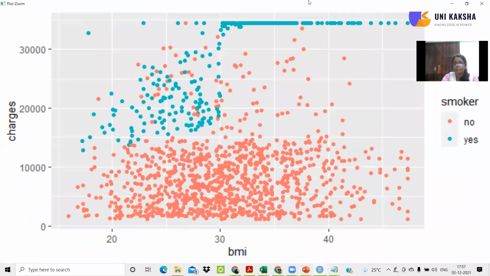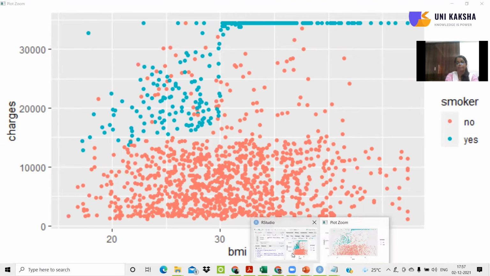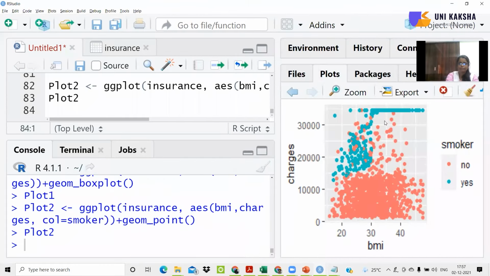Here in this case, it's very visible that the people who are smoking, that is the green points, you'll find out that their charges are on an average on the higher side as compared to that of the non-smokers. With respect to BMI, as the BMI is increasing, the chances of you finding a point in this blue section, the yes section, is also increasing. So that gives you the idea that the people who are smokers generally have very high charges as compared to the people who are non-smokers in this case.